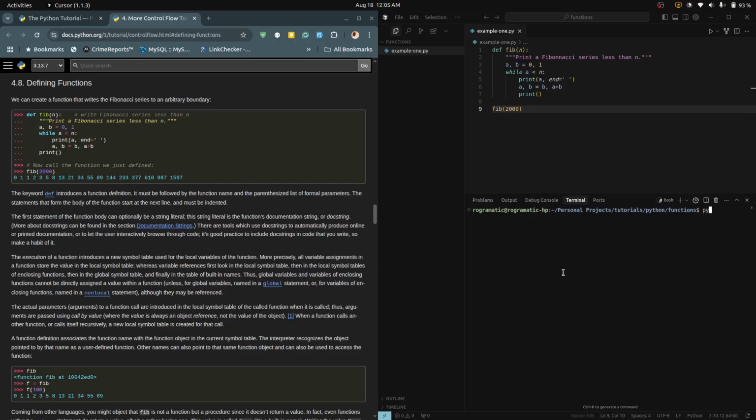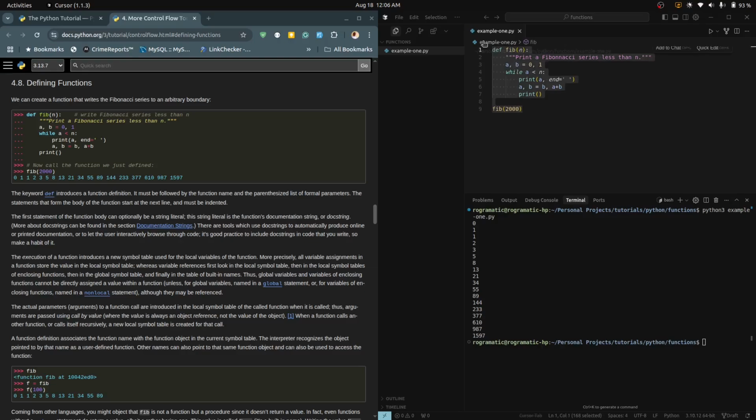and when we save this file and run it, what do we have? Let's see, python3 example1.py. So we see 0, 1, 1, 2, 3 all the way to 1597. This is how we define a simple function in Python, by using the def keyword